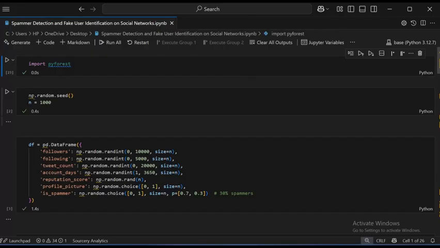Now I have used np.random.seed. np.random.seed is a function in the numpy library that sets the seed for generating random numbers, and then I pass some n equal 1000. Now create the data set. So df equal pd.DataFrame,